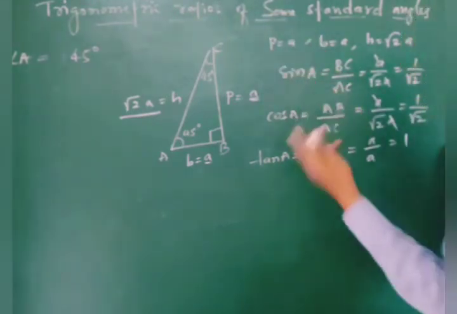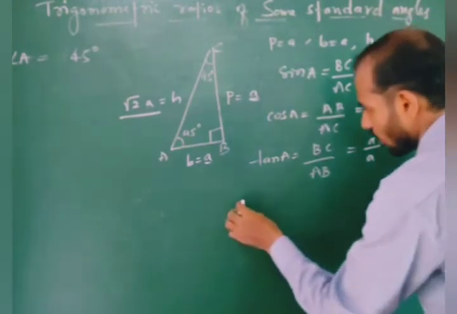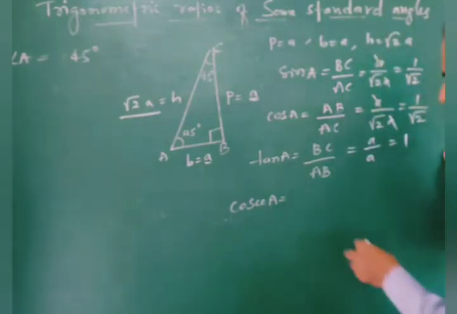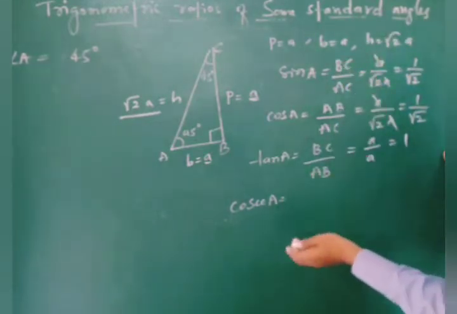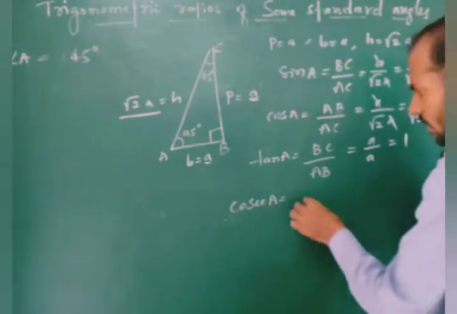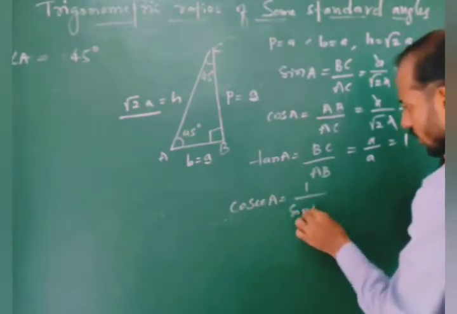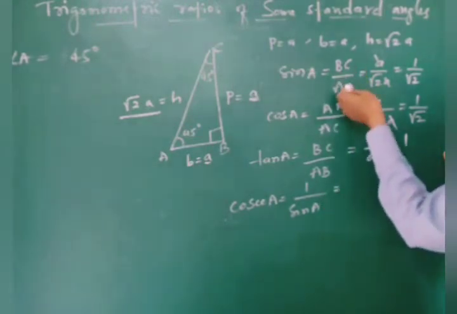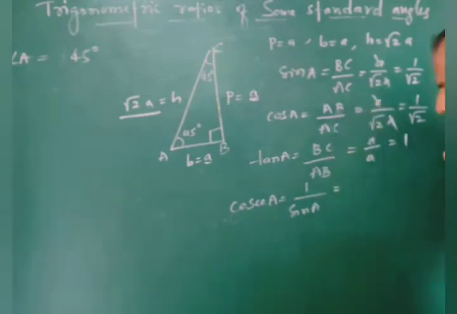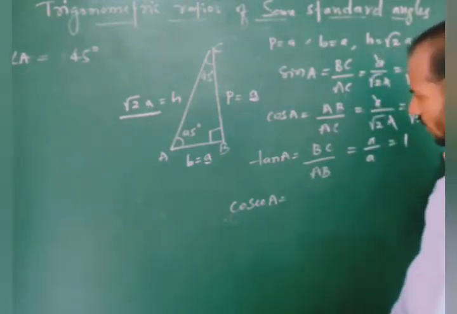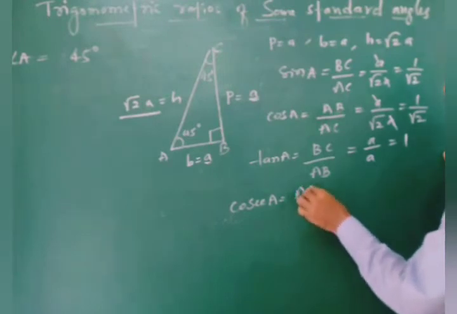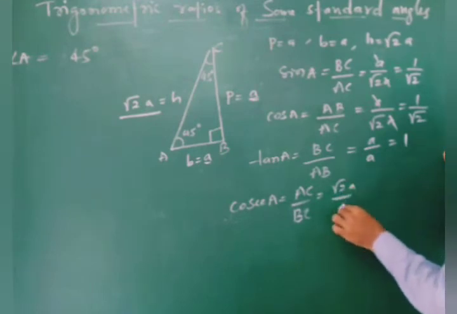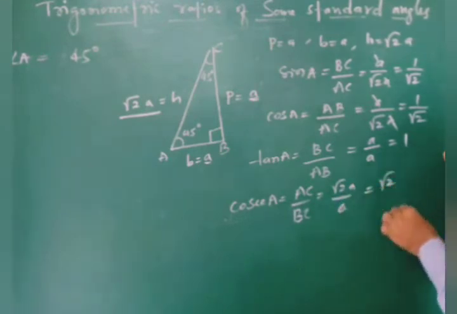Now, reciprocal of sin is cosec A. Right? Cosec A is reciprocal of this, or you can directly write cosec A equals 1 by sin A. आप ऐसे भी लिख सकते हैं 1 by sin A, right? और which is equals to, डायरेक्ट आप ऐसे भी लिखो, रेसिप्रोकल लिखो, उसका क्या हो जाता? रेसिप्रोकल इज व्हाट? कोसेक AC by BC. That is nothing but root 2A by A. Here A gets cancelled. What? Root 2 only.